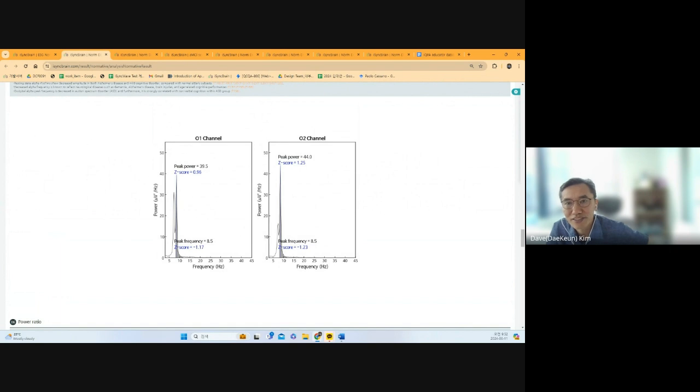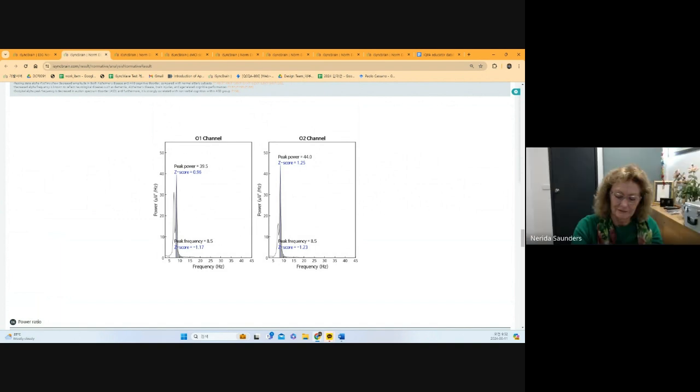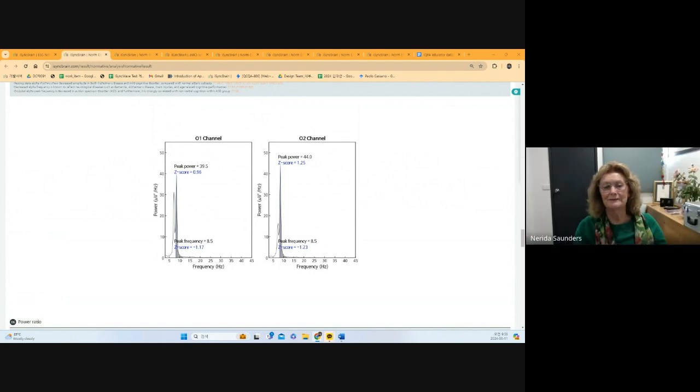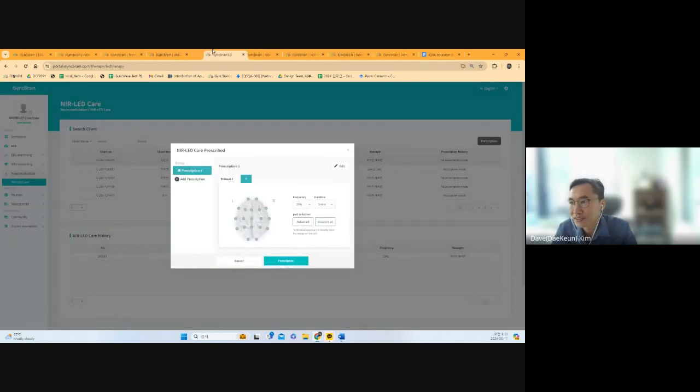I think in this MCI patient, we can start the PBM for the patient, and we can monitor the change of the progress using the monitoring QEEG. Excellent. In this case, we can start the 10 hertz